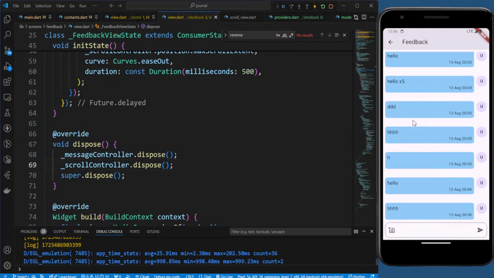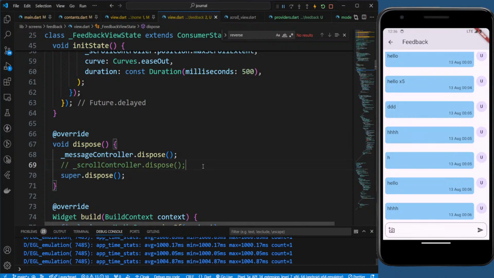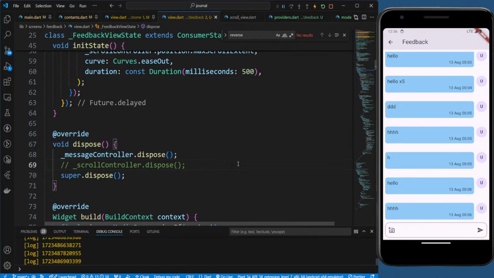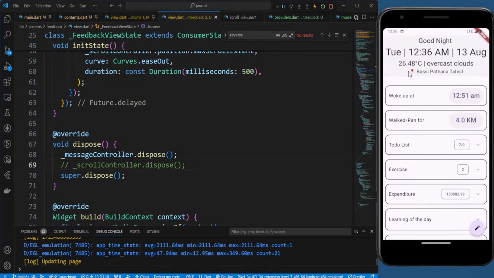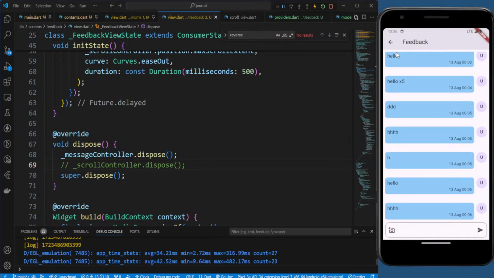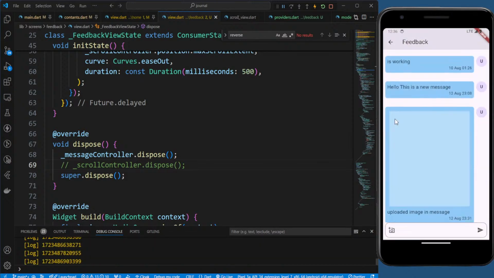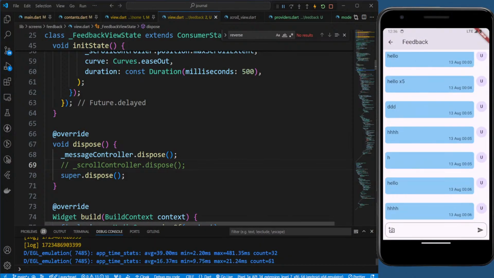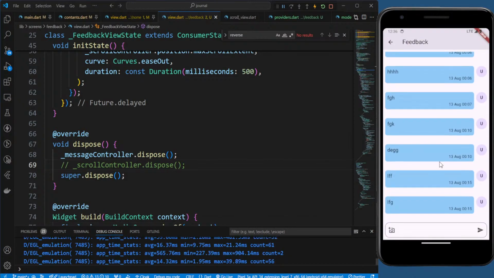But why does it need to, right? We don't dispose. Like, can't it keep